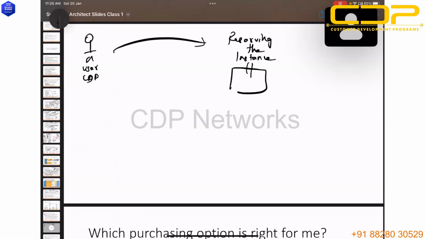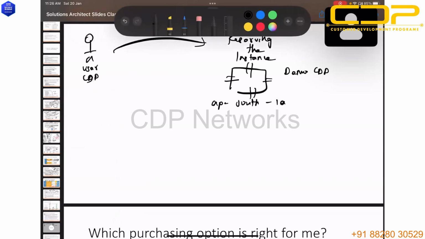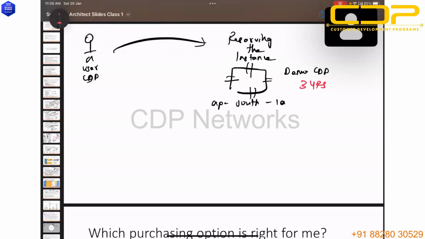Let's say an EC2 instance at the AP South 1A availability zone, demo CDP, EC2 instance for 3 years. Okay, for 3 years. This is the use case we are working on. So the user is CDP, and they are reserving the instance demo CDP, which is available inside AP South 1A for 3 years. Now, what happened is, unfortunately, they are using this EC2 instance for 1 year, but